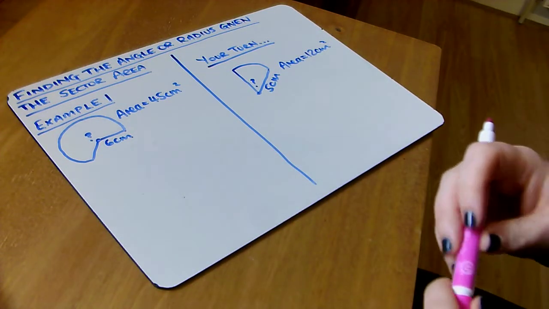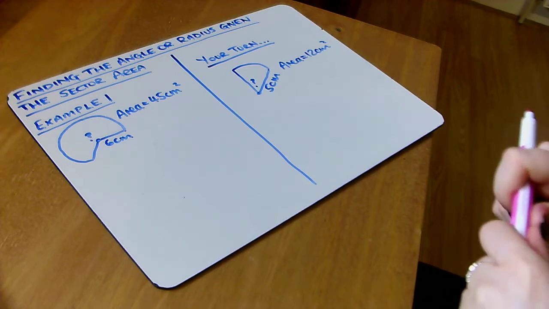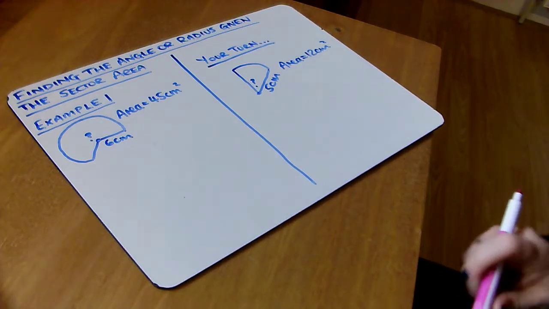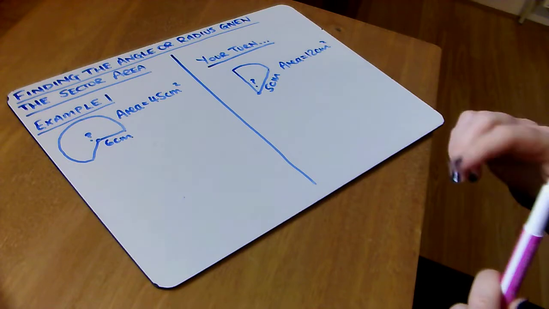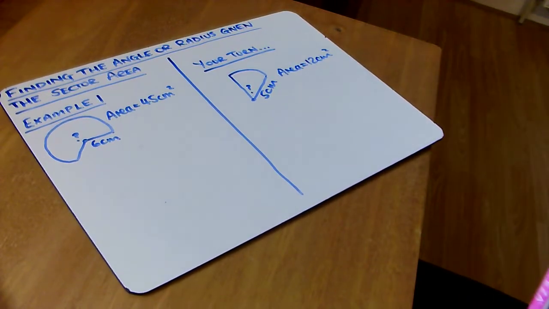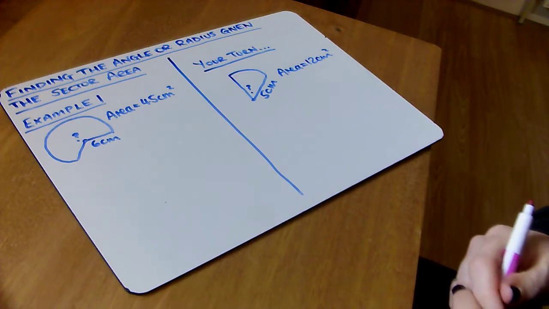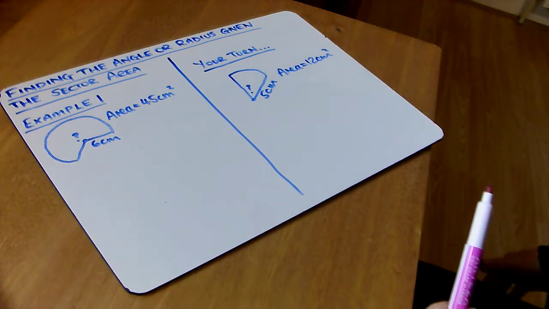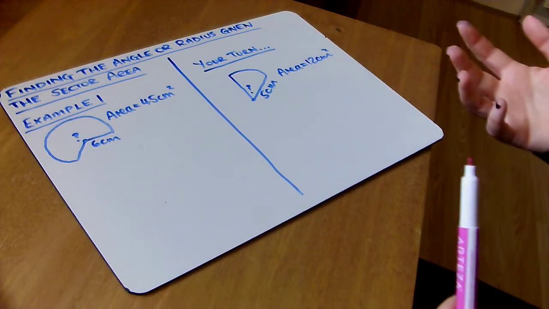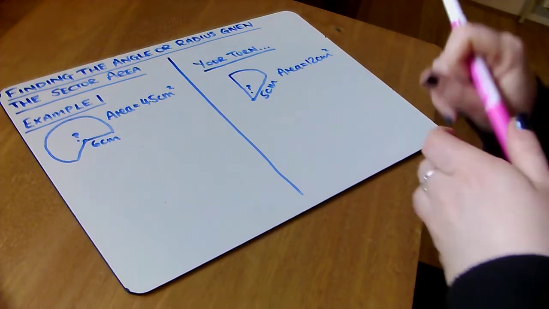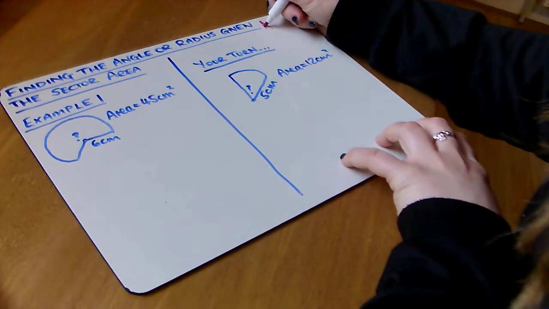Hi everyone, welcome to Tuesday, your second video lesson for maths. Today we're going to be looking at finding the angle or the radius if we're already given the sector area. Yesterday we learned how to find the sector area if we knew the angle or radius, so now we're working backwards. Just a reminder from yesterday,